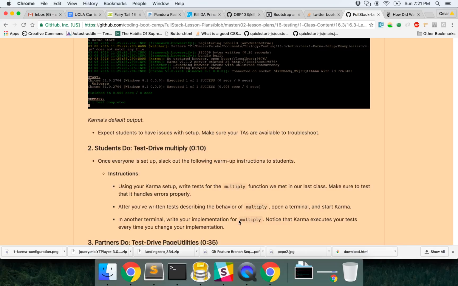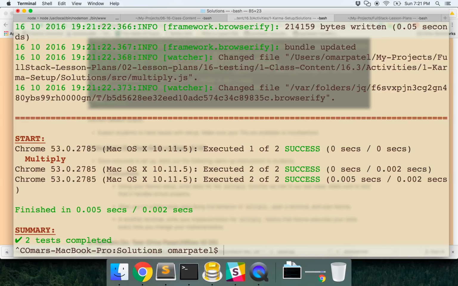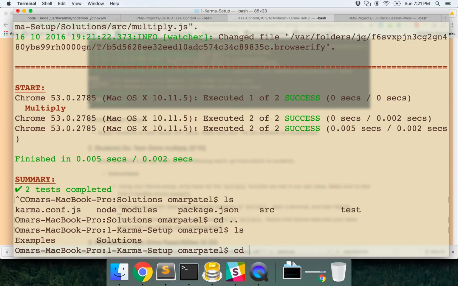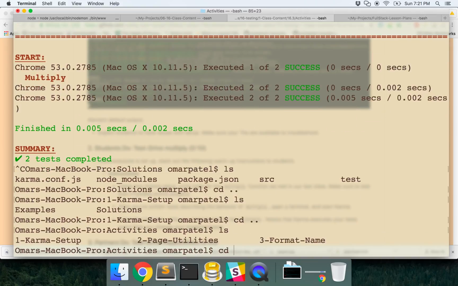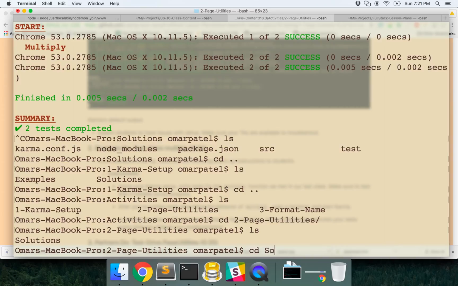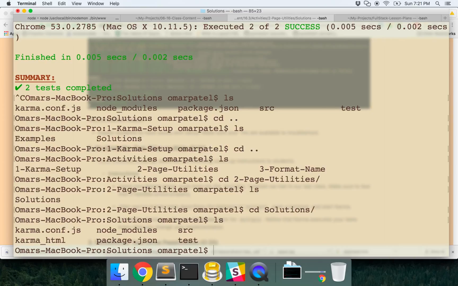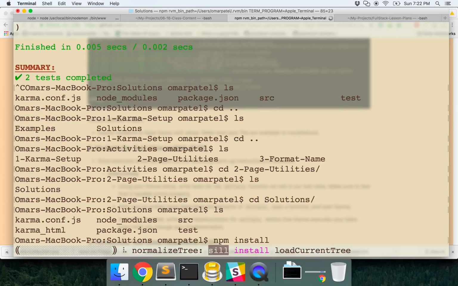All right, so let me close that instance. Again, Control C will close that instance. Okay, so now let's go to another example. These are going to be pretty much the same thing, just with more complicated configurations. So if I have more complicated code, in this one, if I do npm install again,